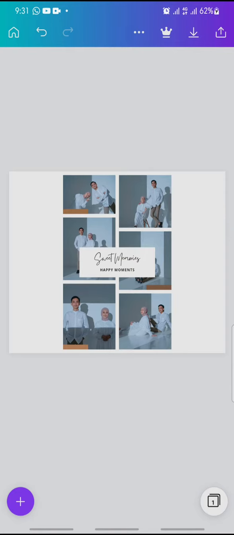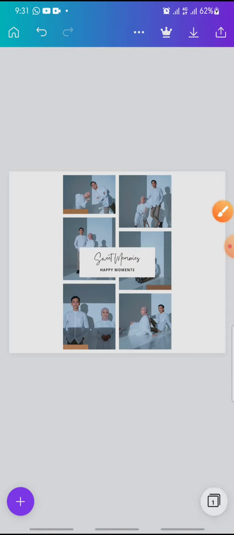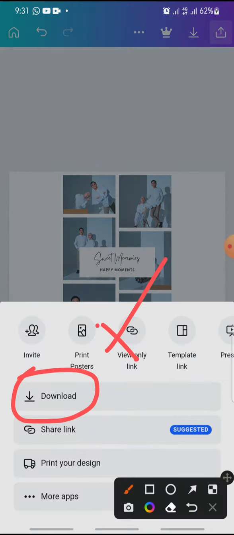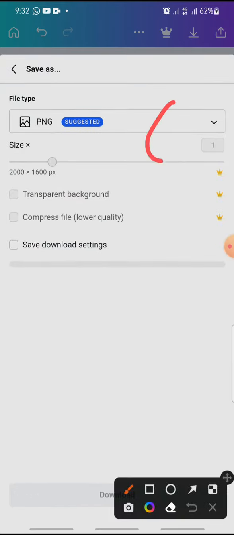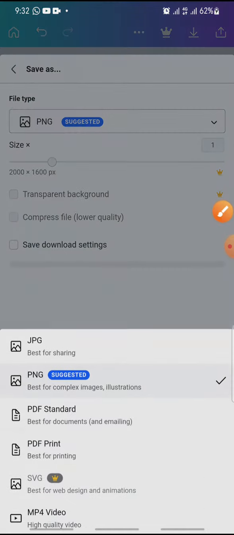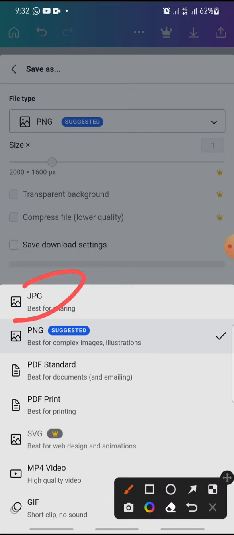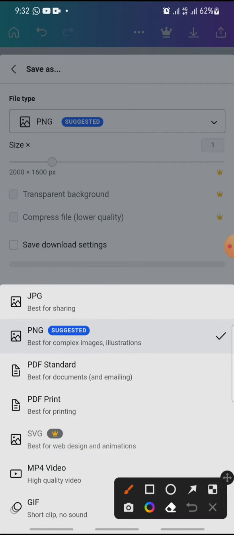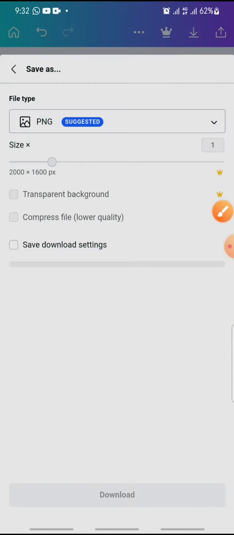So you just click on this icon at the top, and after this you can click on download. Click on it, and in here you can set the type of the file. You can save to PNG, JPEG, PDF, PDF print, MP4, and GIF. But in here I wanna try to save for a PNG, so you just click on PNG, and after